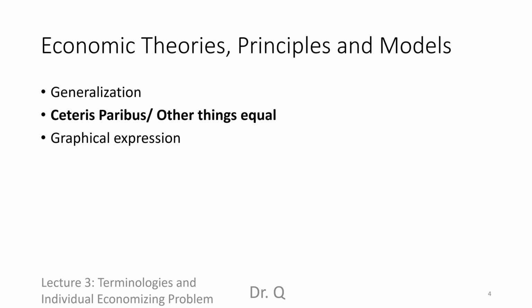Therefore, in constructing the theories, economists use the ceteris paribus or other things equal assumption, the assumption that factors other than the one being considered do not change. Assuming all the other factors influencing consumers' purchasing decisions, such as income, preference, price of related goods, and consumers' expectations stay the same, when the price of a good increases, quantity demanded decreases, and when the price decreases, quantity demanded increases. That agrees with almost all the transactions out there.